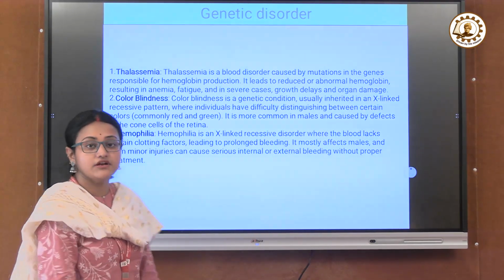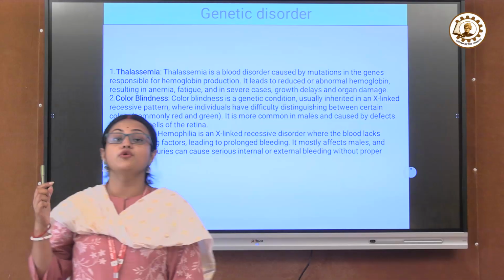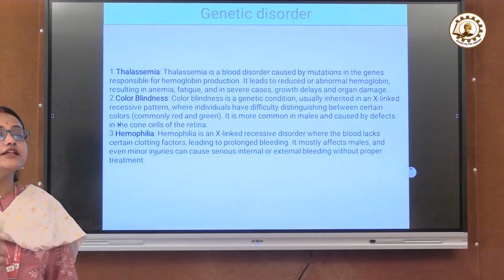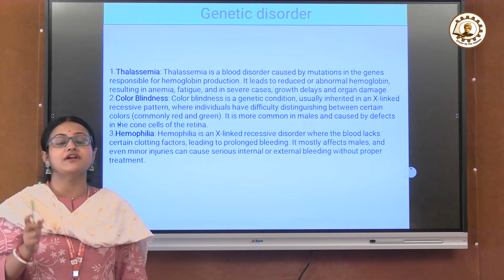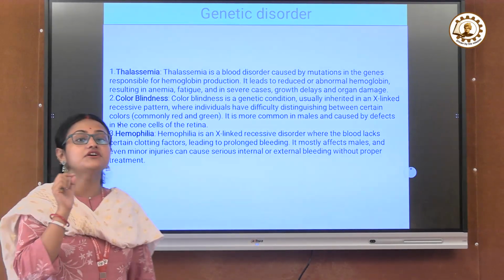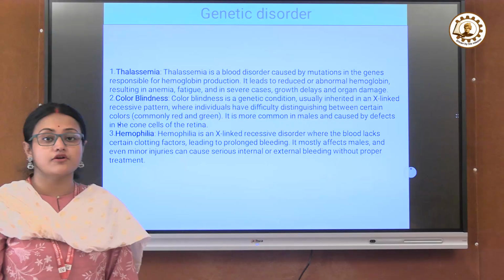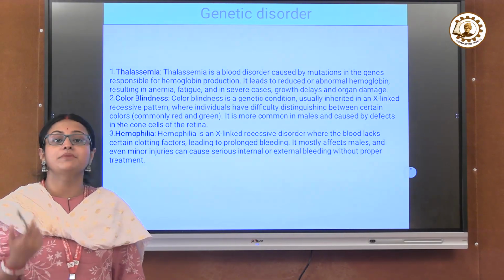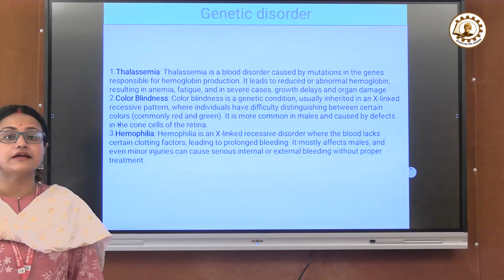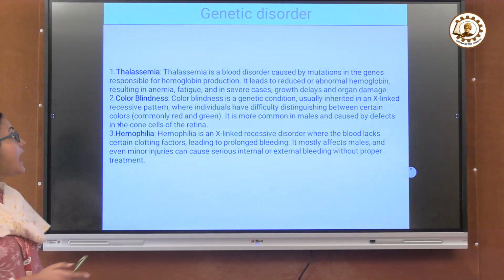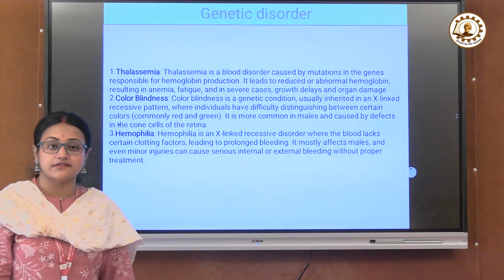Thalassemia is an autosomal disorder that produces a lower content of hemoglobin. It involves changes in the genes. In hemoglobin, there are two types of globin: alpha globin and beta globin. If any of the genes which code for alpha globin is mutated or deleted, or any of the genes which code for beta globin is mutated or deleted, then abnormal hemoglobin content will be generated, and this disease is called thalassemia.